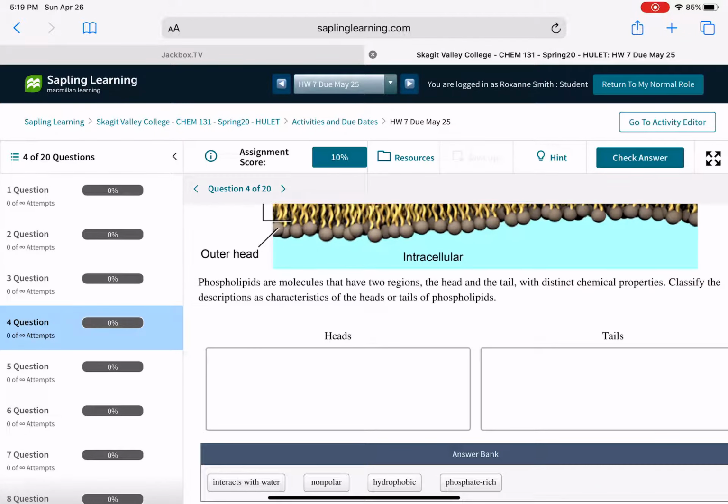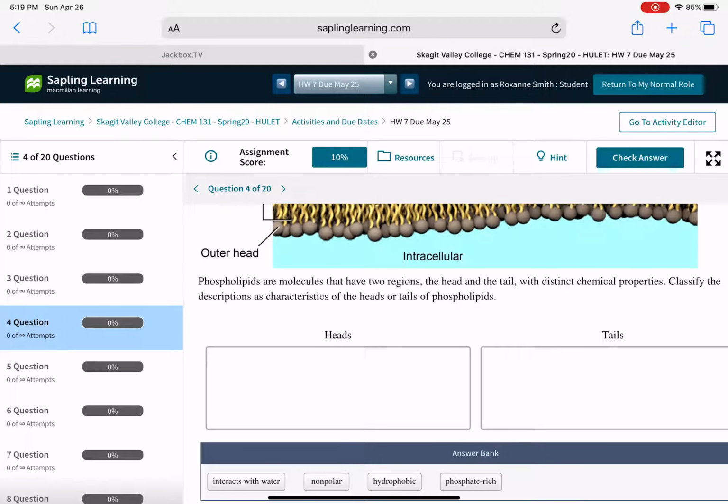Non-polar, go look on that list that I just made. Non-polar, what does that mean? Hydrophobic, hydrophilic. Phosphate rich. So here you want to look on your notes in section 19.6. The phosphate is the PO4 portion of these